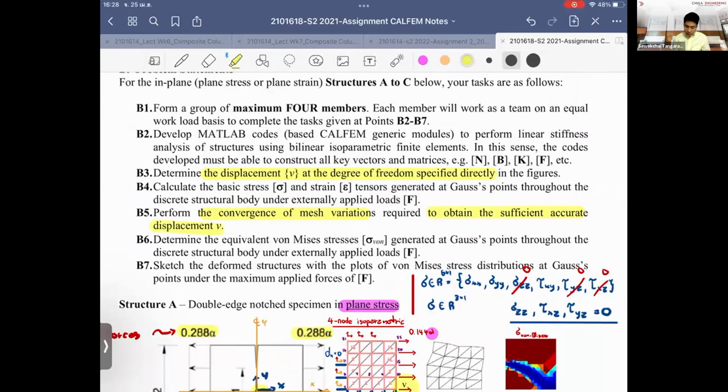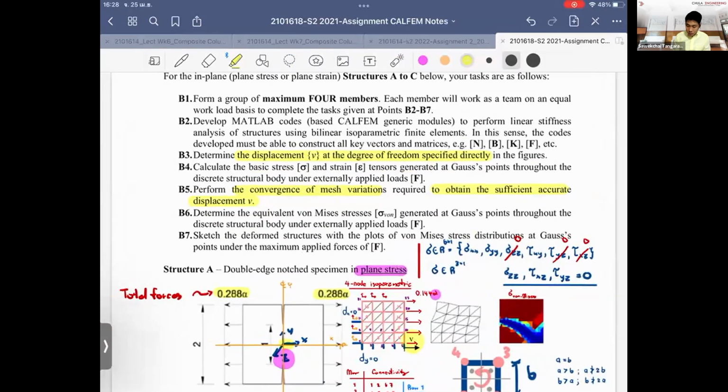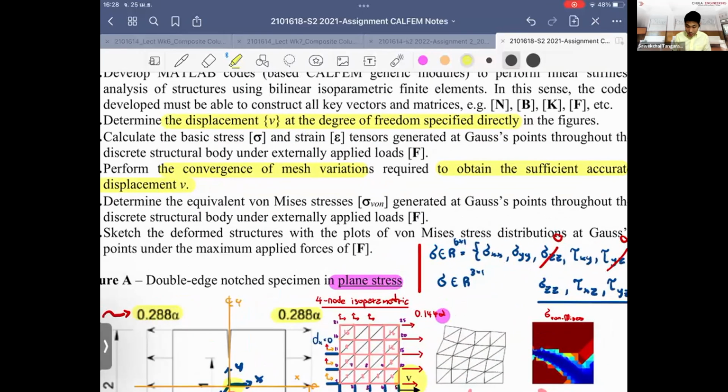value of the displacement. For each problem you look at, you have to discretize the problem more, because finite element is an approximation method, right? It's not a closed form solution. So to get the best result, you have to discretize more. And then based on the mesh that you take, that gives you accurate results, what I ask you